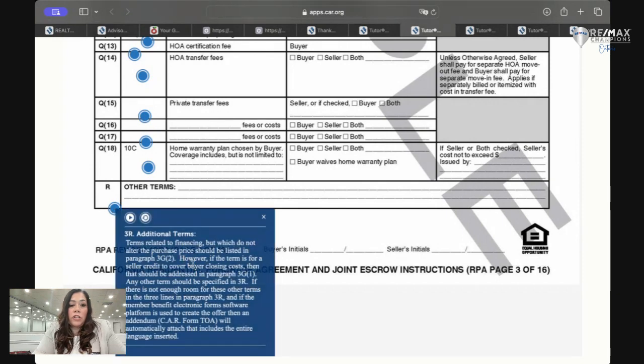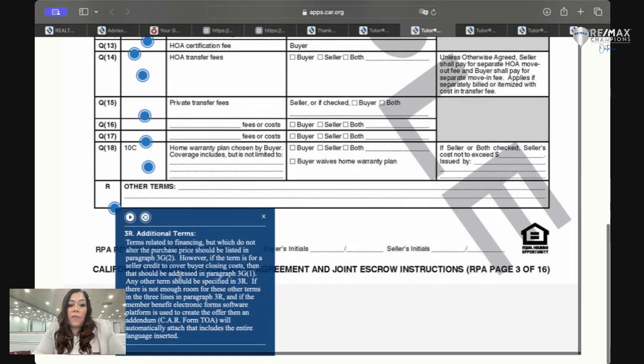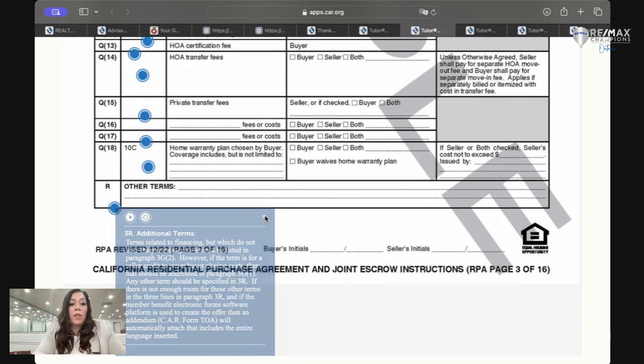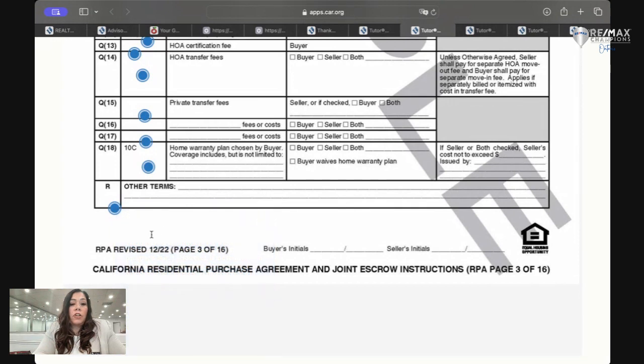And 3R, additional terms. These terms are related to financing but do not alter the purchase price, so they should be listed in paragraph 3G2. However, if the term is for a seller credit to cover buyer's closing costs, then that should be addressed above, like we mentioned on the prior page at 3G1. Any other term should be specified in 3R. If there is not enough room, then it will create a TOA, which will take your language to another addendum. So terms here could be,